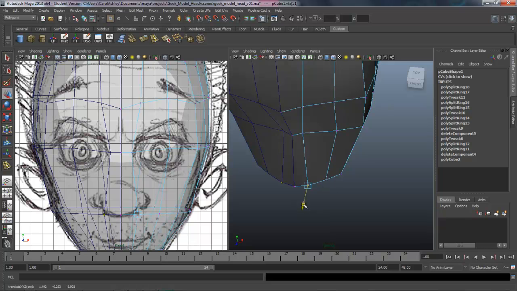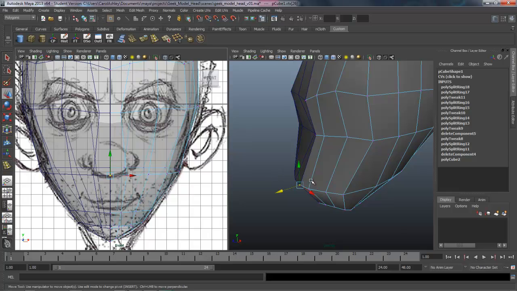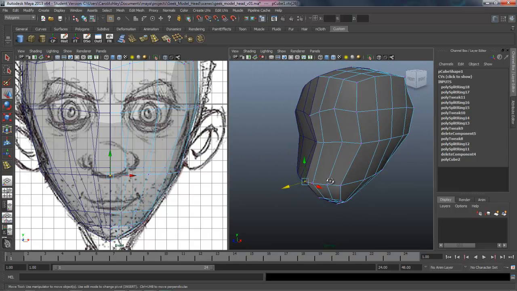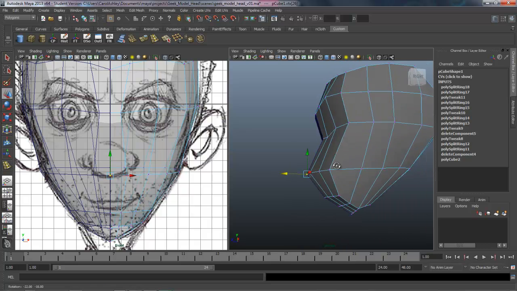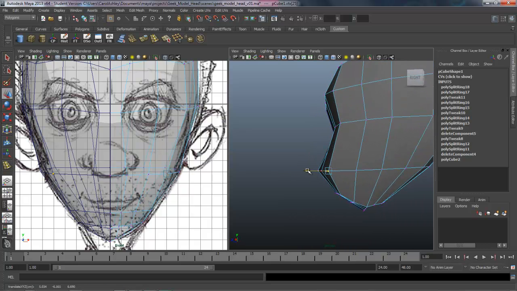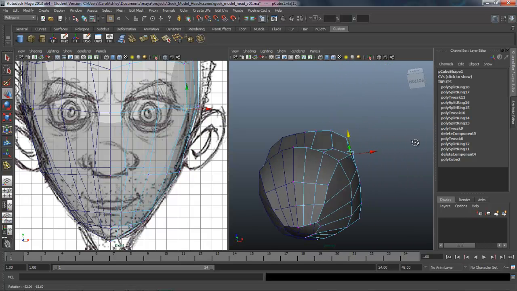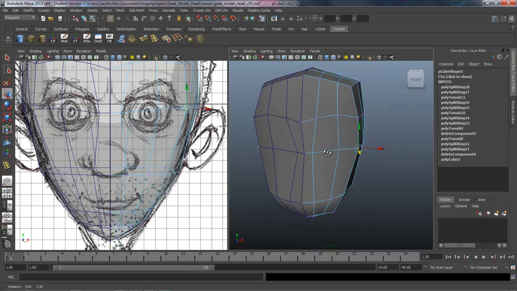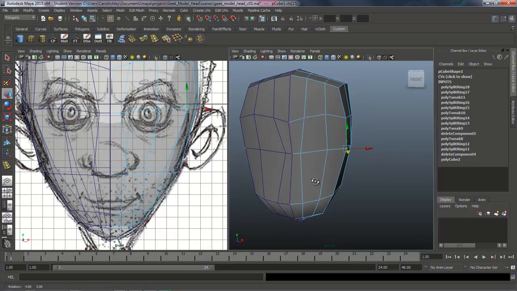So this is not his nose, this is just the base of the nose where his nose is going to extrude out from or get pulled out from. So let's start shaping around here just a little bit more, rounding out his cheeks a little more. Okay. And I think we could stand to actually have one more edge loop in here, running down the sides.